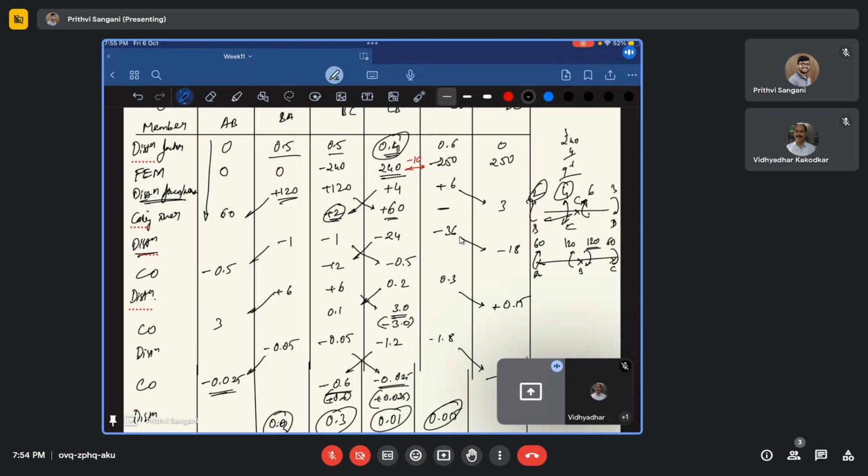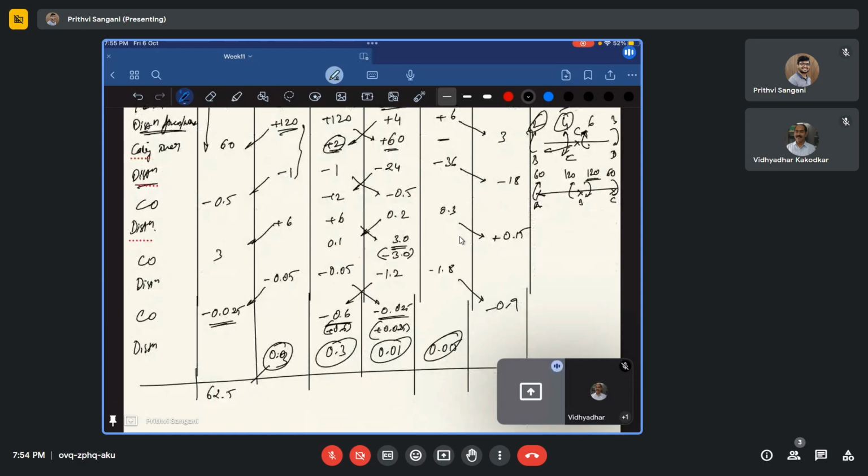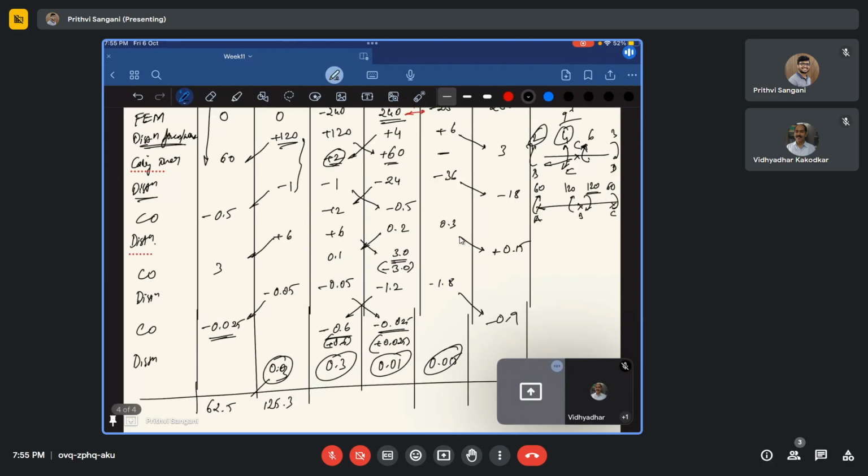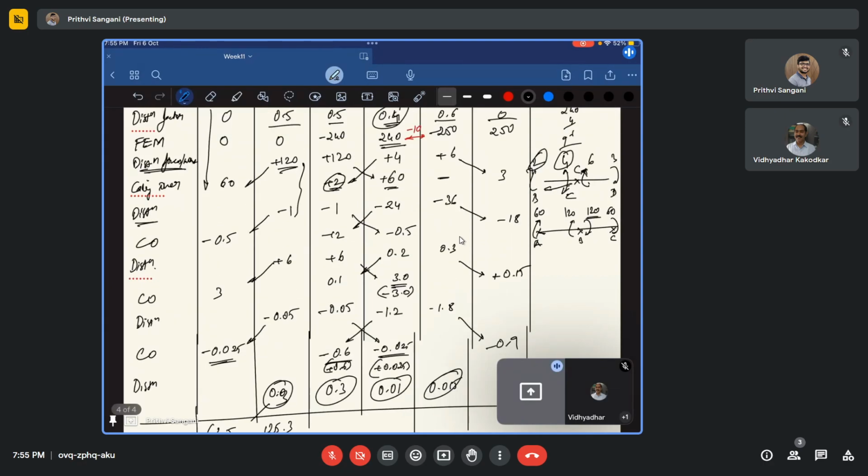And mind, you need to not add this thing. Okay, these are distribution factors. These are not the moments. So 120 minus 1 is 119. Plus 6 is again 125. 125 plus 0.3, right? 125.3, something like that. And similarly in this again, it is minus 240 plus 120, it's 120, 122, 121, 121 plus 6, 127,